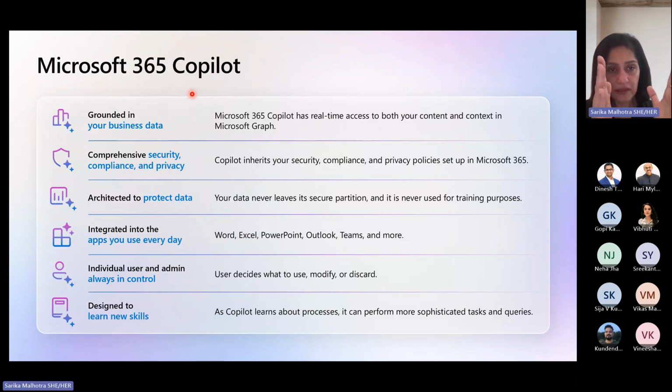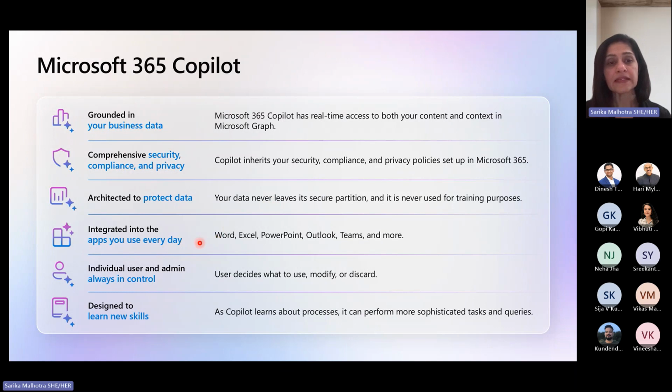Microsoft 365 Copilot, these are the highlights, right? How do you position it to a corporate, that it's grounded in their business data and has real-time access to their data as well as the context? This is the important part which I spoke about. Security, compliance, privacy in place, because it is inheriting all the security of M365. So if they believe that M365 is secure, which they do because they use it, then they have no reason to doubt the security and the privacy that Copilot will offer, because that's what is used here. Your data never leaves the M365 tenant. Nothing goes out ever. And it is not even used for training. This is a very important part,